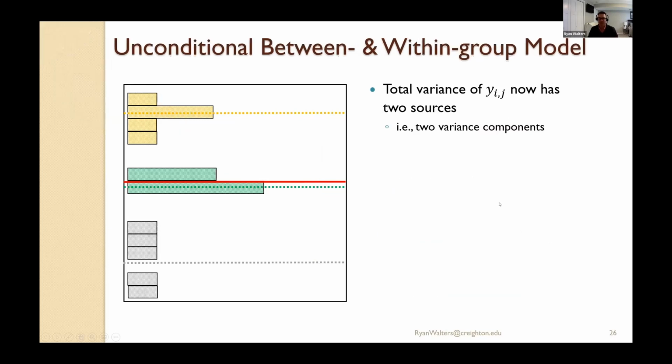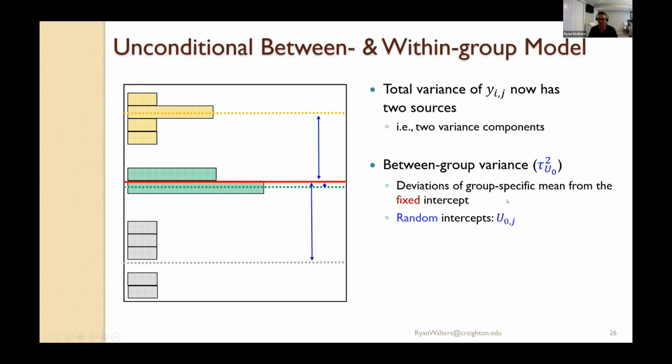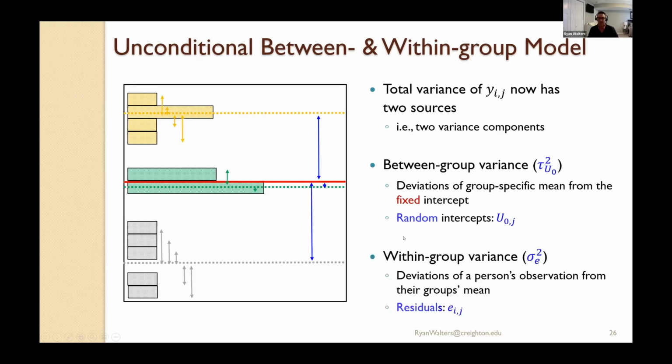So 2 sources of variation. Okay. Between group differences, again, in this case, just random intercepts represented by U0. We're going to take those random intercepts, collect them, make distributional assumptions about them. The variance of the random effects is going to be notated by tau. So tau squared U0 is saying this is the random intercept variance. Our within group differences are still residual values. That's still going to be sigma squared subscript E. So random effects are going to use tau squared. Residual values at level 1 are going to use sigma squared E.